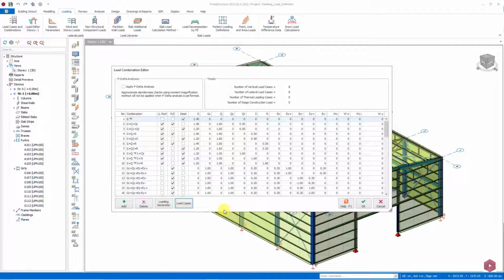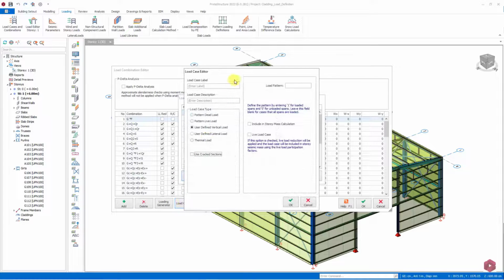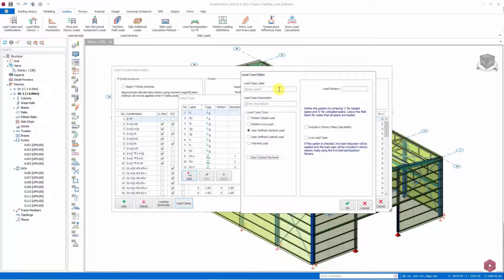If we want to use a new load case other than the load cases we have selected in this section, we can add a new load case for this process by selecting the Add option from the Load Cases section. For example, suppose that we have solar panels on the roof within the scope of our project, and I want to define a different load case for the solar panels in this process. Let's give the name GE for the load case. For the definition of the load case, let's write GES as Solar Energy Systems.